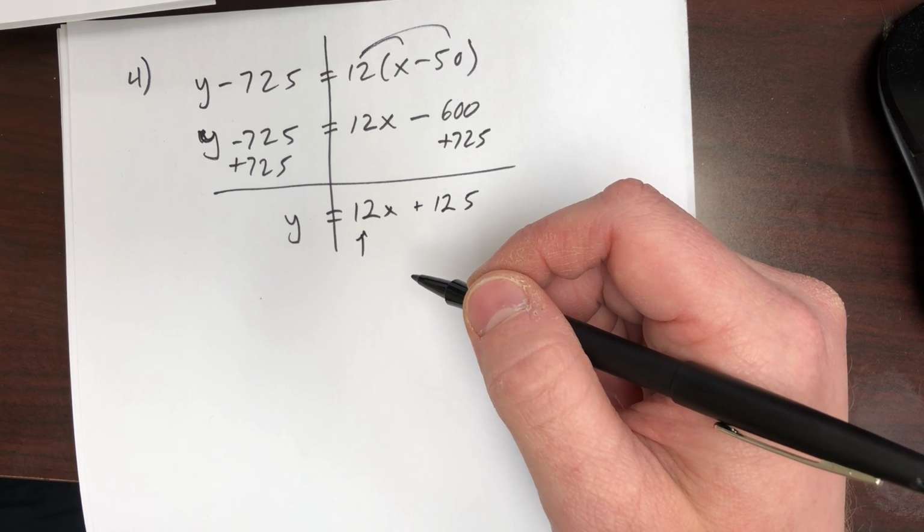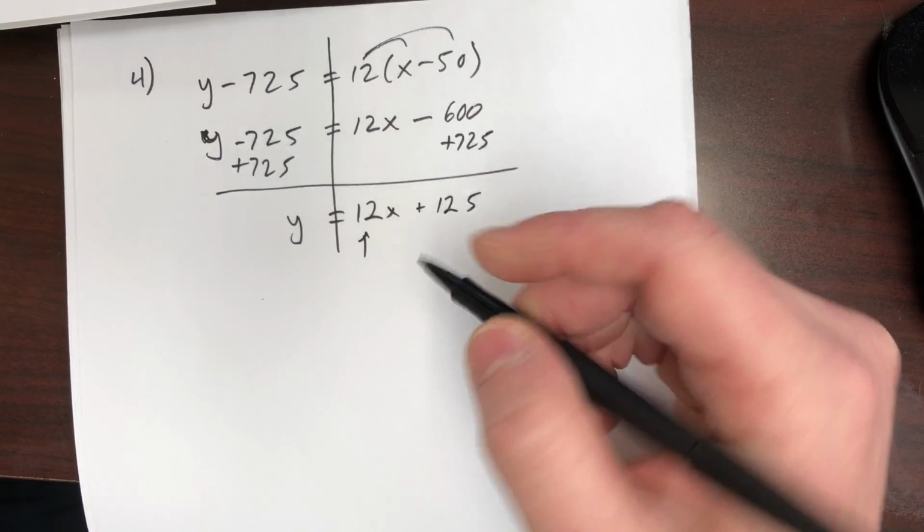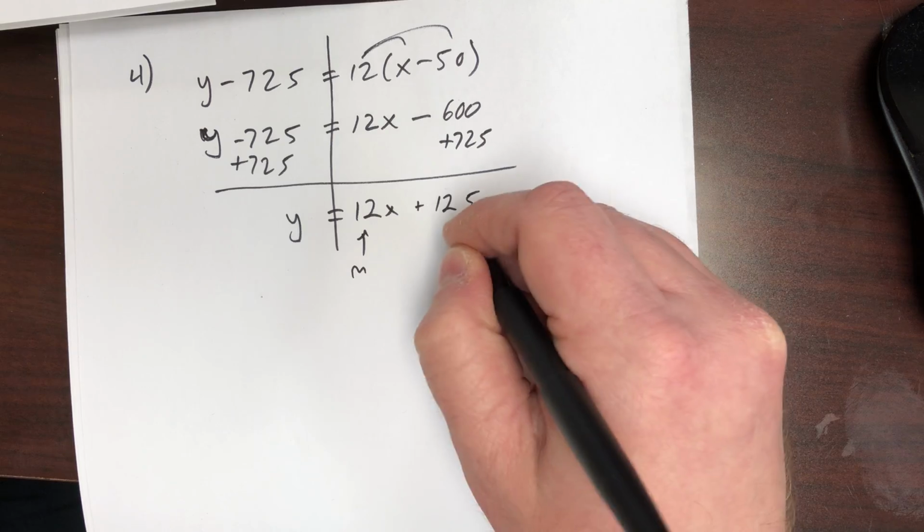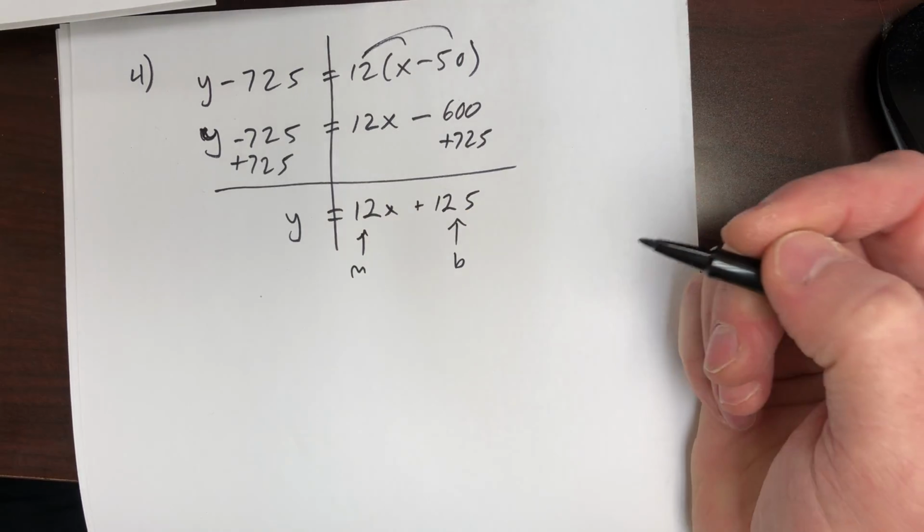Okay, cool. So this is our slope, 12 is our slope, it is m. 125 is b, it is our y-intercept. So then the other thing to look at is